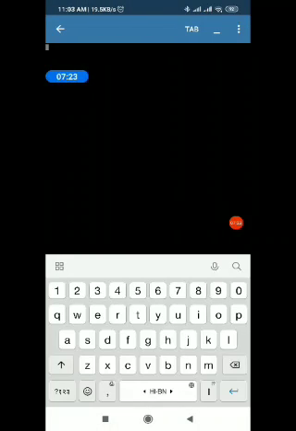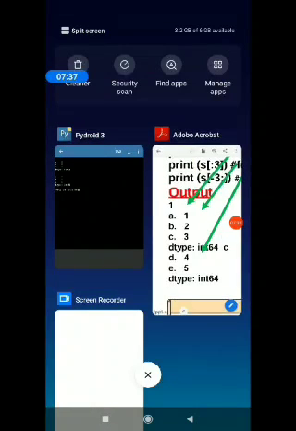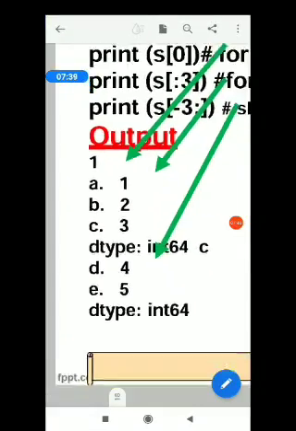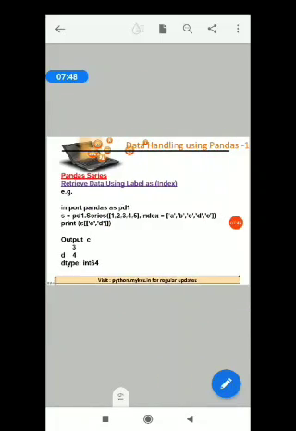Here the output of the last slicing is showing, that is C equals to 3, D equals to 4 and E equals to 5. Okay, so C is also showing over here. That is the correct output, but here it is not showing. Please correct it. So I hope you have understood how the slicing process works from the cells. Let us proceed further and see in the next slides.